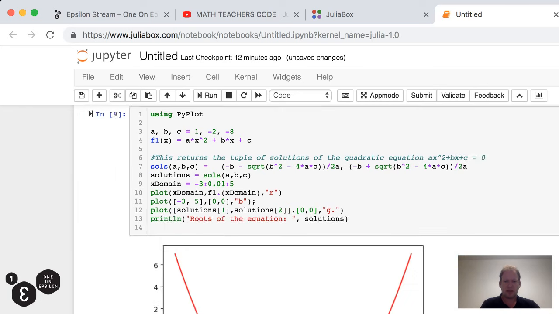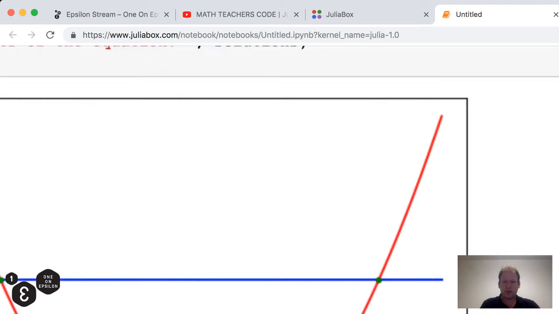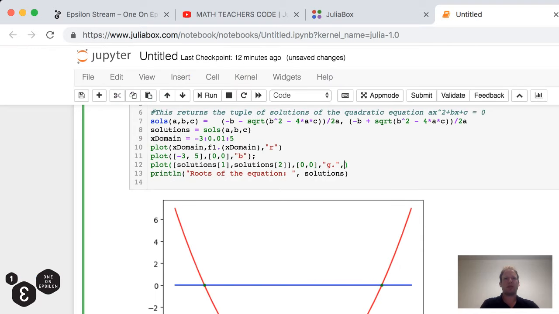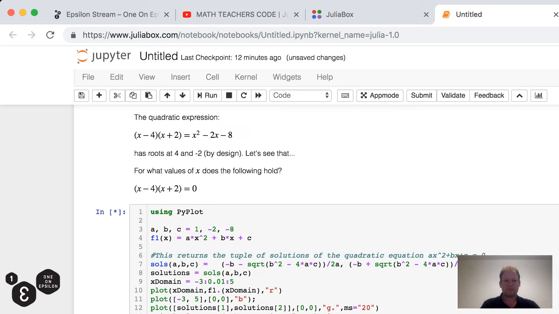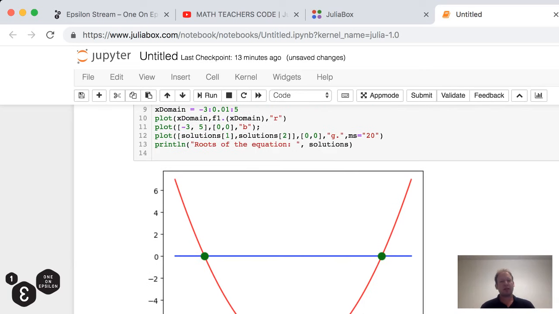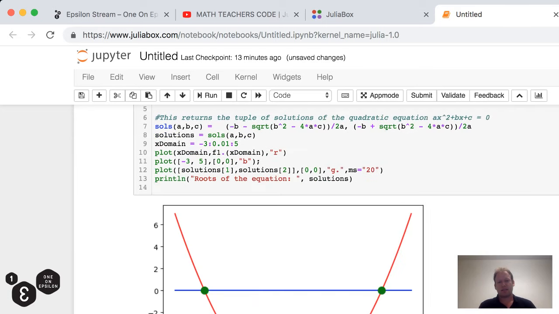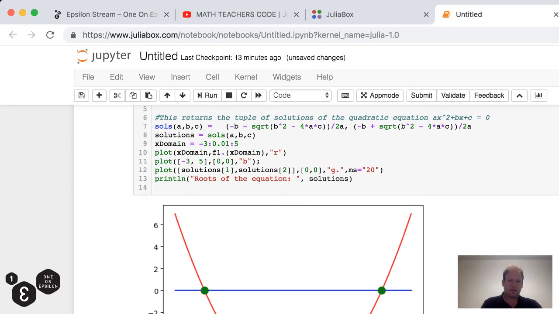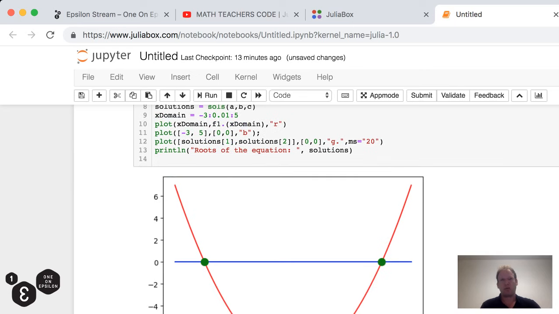So if I run this, there are actually two green dots there, but they're a bit small, so I'll use another option for pyplot, which is ms, and let's try 20, and that's the point size. Okay. So what at least we got at this point is a visualization of the parabola that we're speaking about, the x-axis, the points where the parabola intersects the x-axis, and of course we see visually that these points, -2 and 4, are these points,